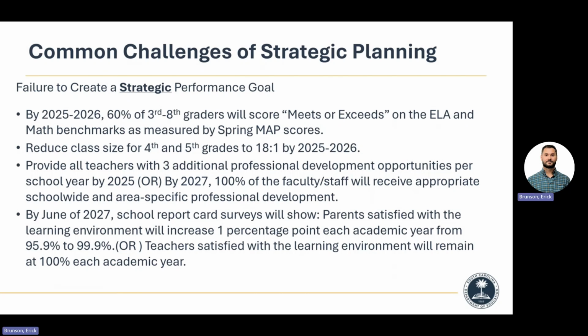The last one is the school report card surveys. That's an issue for me personally, because it's just easy data. Now, if you've got a survey that's come back for 2 or 3 years in a row and it's glaring, and there are problems in your building because the parents don't trust this or that, absolutely address that. But the vast majority of survey goals that I've seen, the baseline is over 90%, and in some cases it's in the mid to high 90s. So I've seen goals in 5 years to go from 98% on a parent survey to 100%.